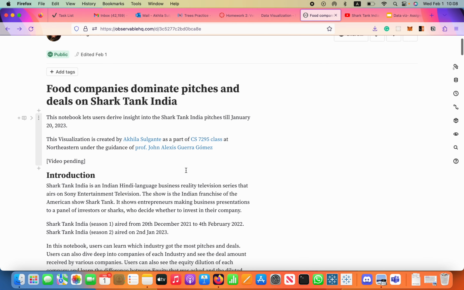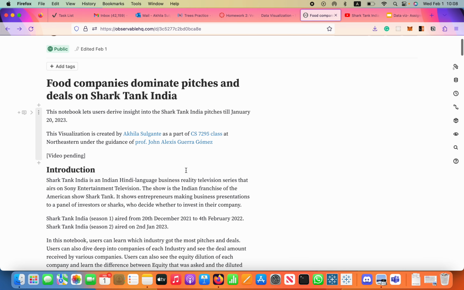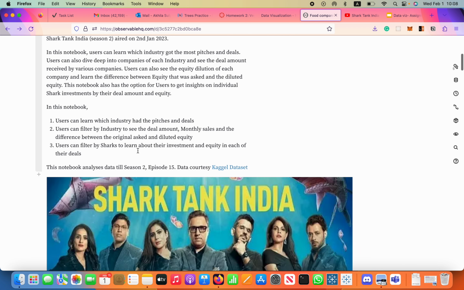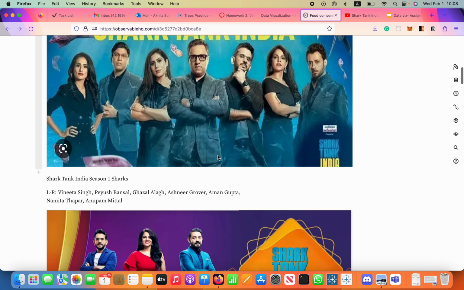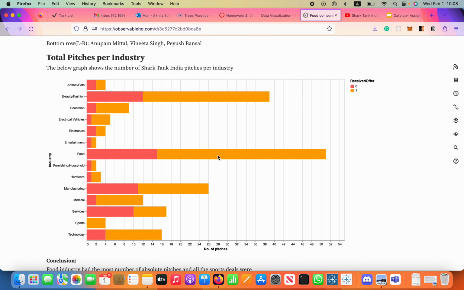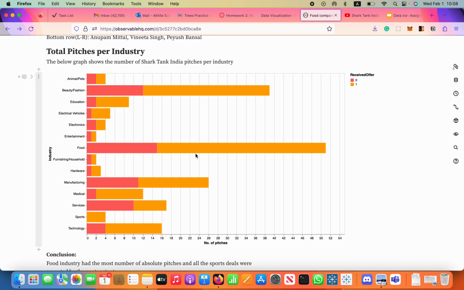So starting off, here's my notebook projecting the data and visualizing it. I have a little introduction on Shark Tank India itself, of what the show is, and you can learn a little bit about who the sharks on this show are. And starting off with the first visualization, I have a bar chart expressing the number of pitches per industry. As you can see, food had the most number of pitches at 51, and that constituted 25% of the total pitches. But interestingly, sports had